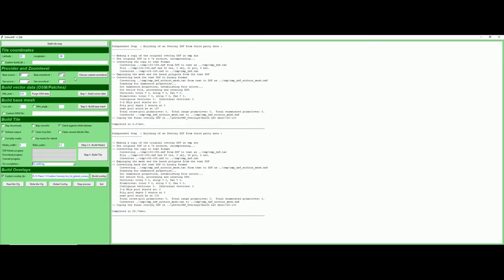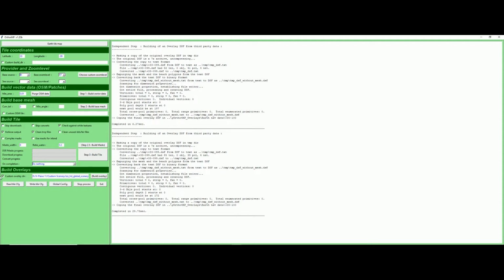The pre-built Ortho photo project that you can download off of forums.x-plane.org is all built in ZL16. But I'm going to go ahead and build mine in 17. We can also talk later about custom zoom levels. You can actually do some really cool things with getting even more granular than that. But for the sake of this video,